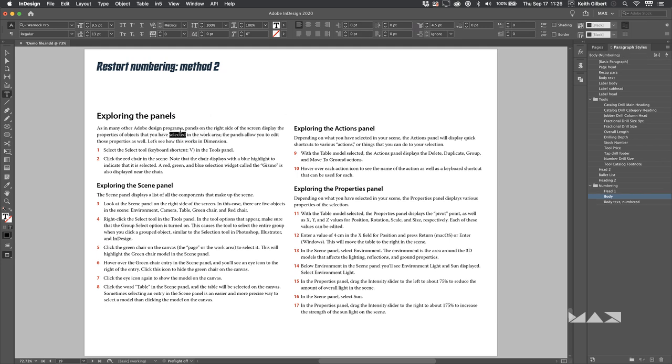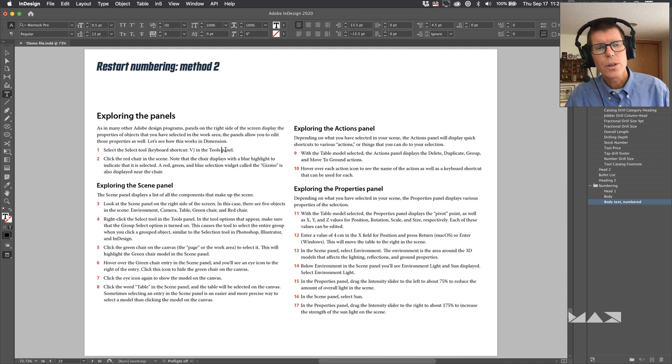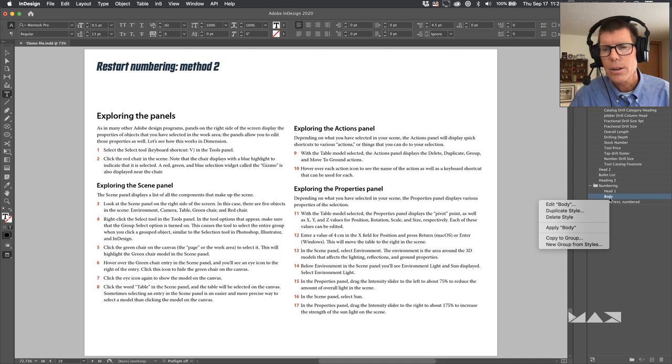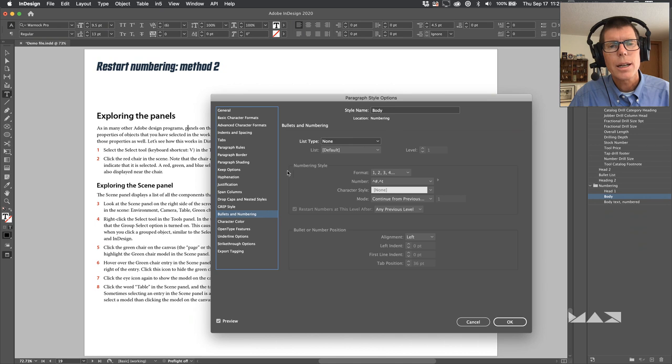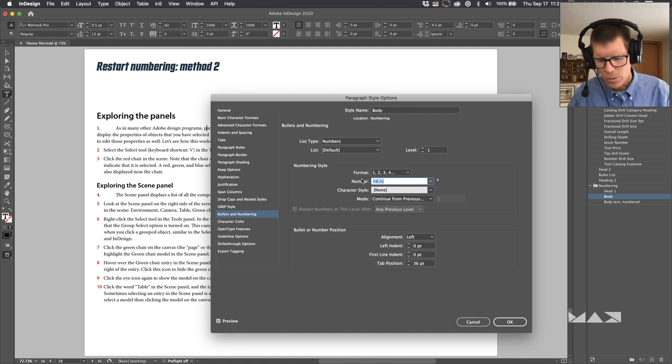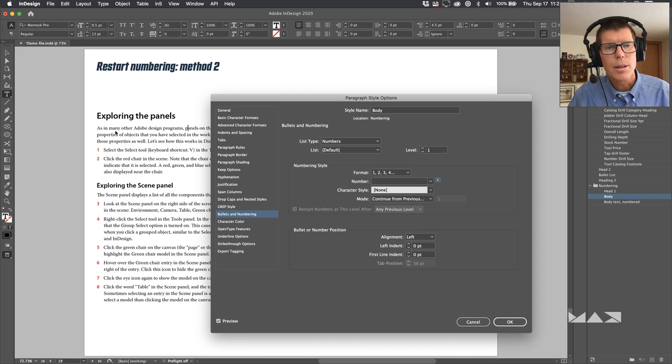I've got 2 paragraph styles in use here. This is a paragraph style called body, and the numbered paragraphs are called body text numbered. And I need to modify both of those styles for this to work. So step one is I select the body style paragraph, edit that, and I go into bullets and numbering, and I actually turn on numbering for that body text paragraph. Don't panic. We're going to turn that off in a second. The way I turn it off is I go in here and remove all the stuff from the number field so that the number disappears.